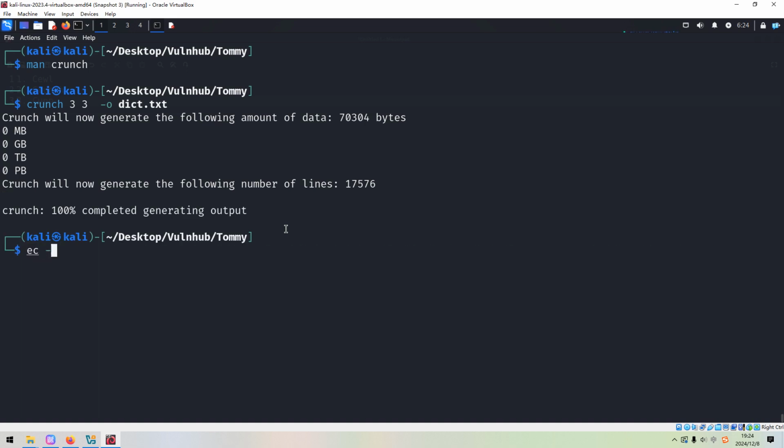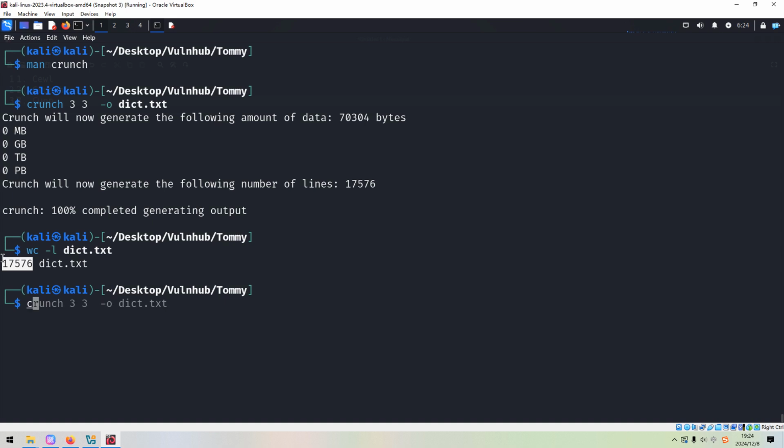And you can also check it. Even though the length is just 3, all possible characters like lowercase, uppercase, symbols, everything will be possible characters. As you can see over here, this word list is a bit big. And this is the first basic usage.